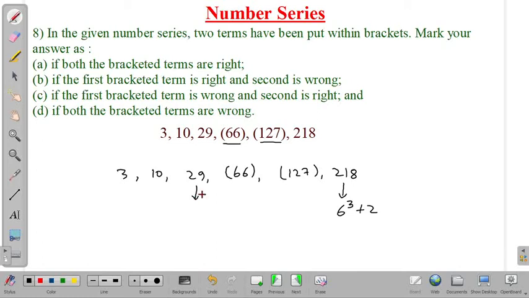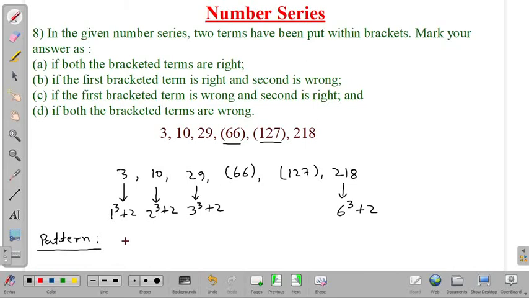If we apply the same logic, this must be equal to 3 raised to the power 3 plus 2. If we apply the same logic to 10, 2 raised to the power 3 plus 2, and if we apply the same logic to 3, we get 1 raised to the power 3 plus 2. Okay. So the correct pattern is